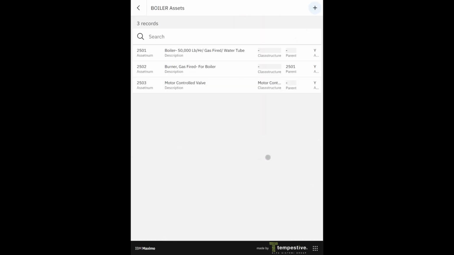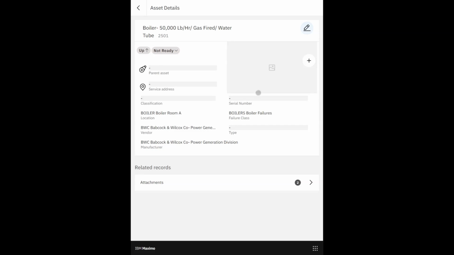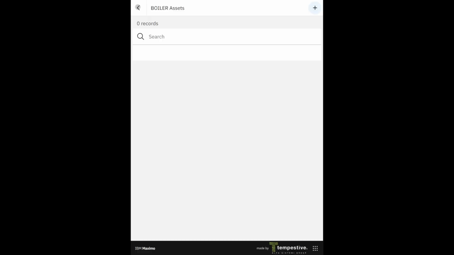By tapping on the Assets section, I can view the list of assets associated with the location. I can filter the list using the search bar. As mentioned earlier, the fields on which the filter is applied can be configured. By clicking on one of the displayed assets, I am taken to the Asset Management application on the Details page of the selected asset. Here I can view and edit the asset information using the standard functionality of the Asset application in Maximo Mobile. I press the top left button to return to the list of assets in the Locations